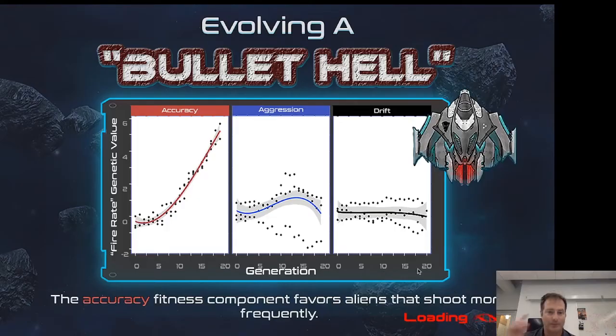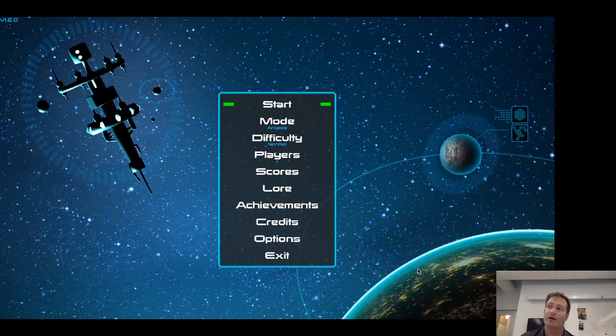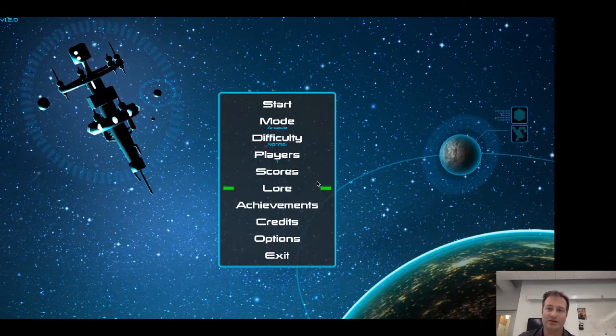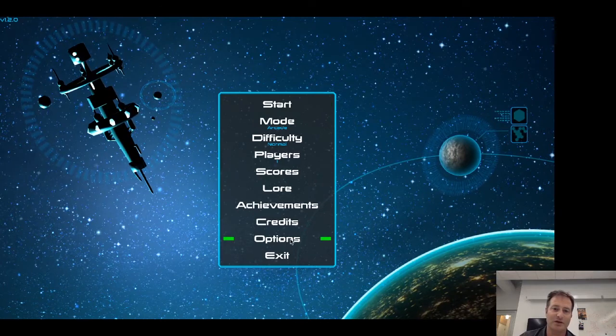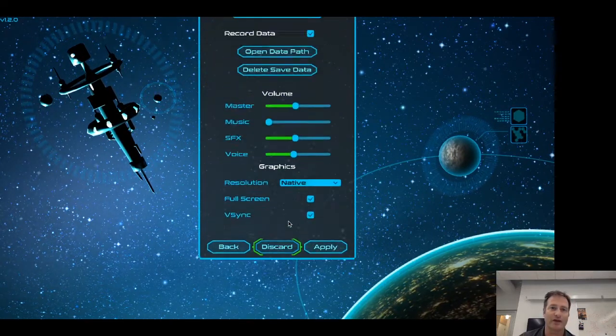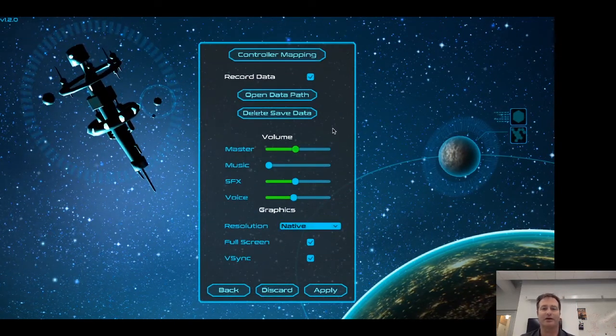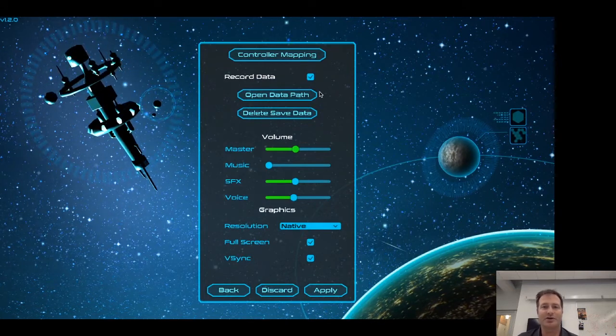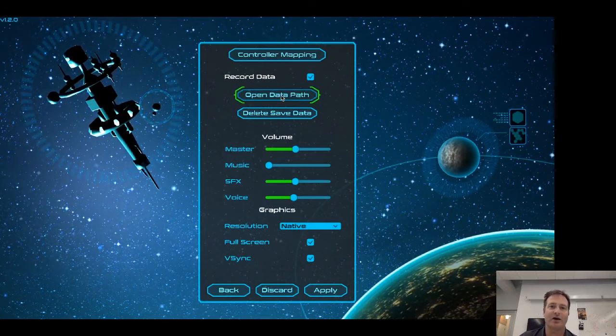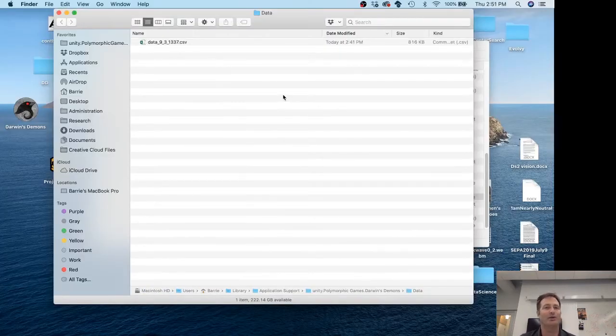If you hit main menu, you're going to go back to the main menu, and the game will have recorded the data. Okay, so let's have a look at what that looks like, and then I'll stop this video and we'll record more in terms of how I analyze it. I go to options. I just recorded a bunch of data. I would like to see it. Again, options, and because I'm screen recording, it's laggy. I've opened my data path, and there it is. It's almost a meg,